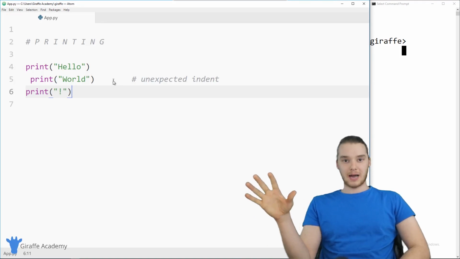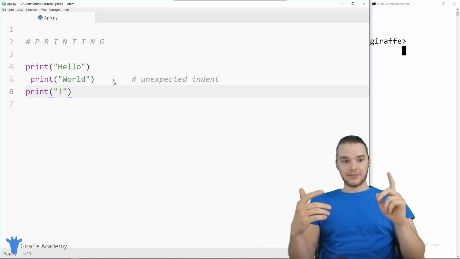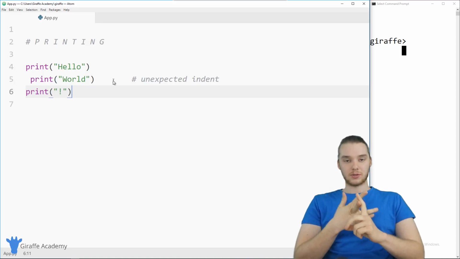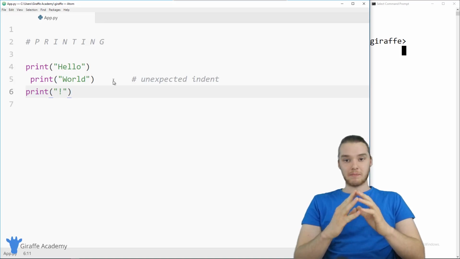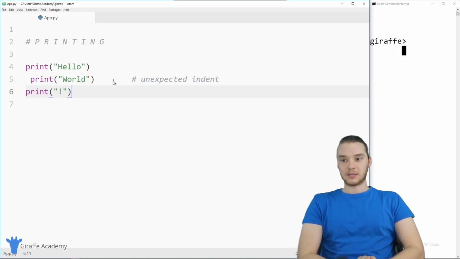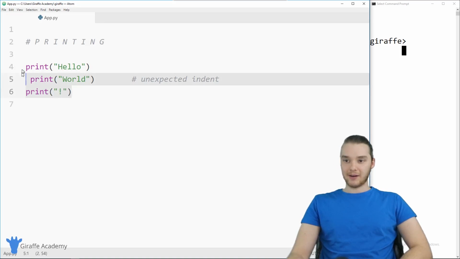I also want to talk to you guys about how Python code is formatted. Python doesn't use semicolons and it doesn't use curly brackets to delineate code blocks. Python's all about white space. So in Python, you use white space to delineate code blocks. You'll see down here, I have these 3 print statements, and this is just how I could print something out onto the screen. But you'll notice over here that this print statement has an extra white space in front